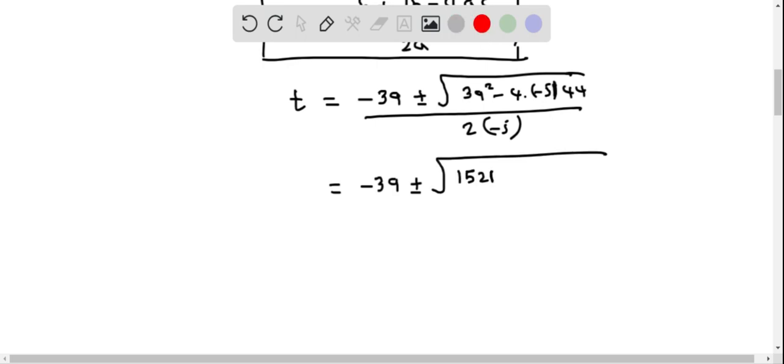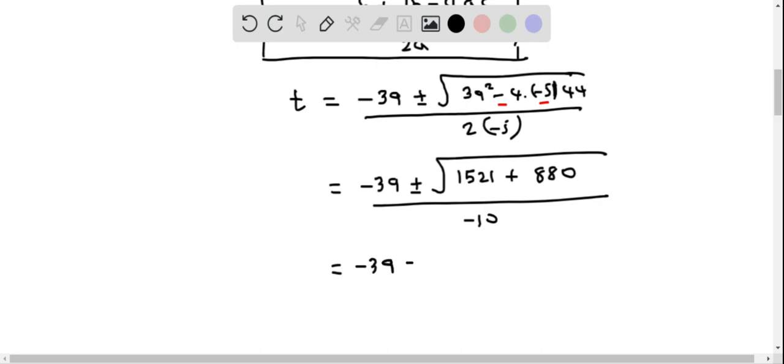Now we have two negatives here, that is negative 4 and negative 5. So this becomes positive, and 4 times 5 and multiplied by 44. So it's basically 20 times 44. Finding it in the calculator, which is 880, divided by 2 times negative 5 in the denominator, which is negative 10. So this simplifies to